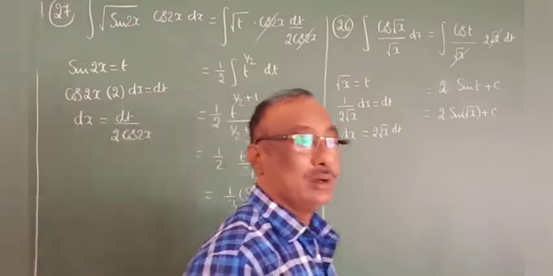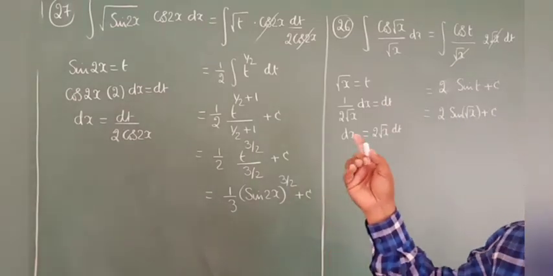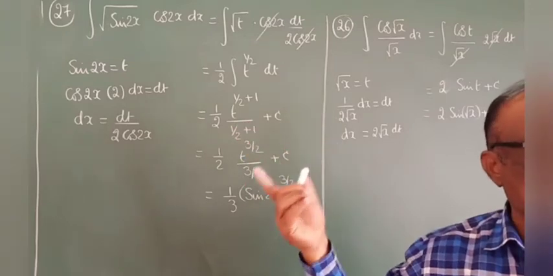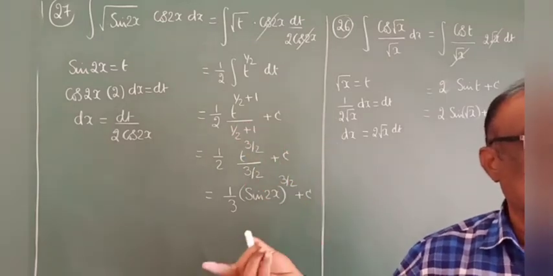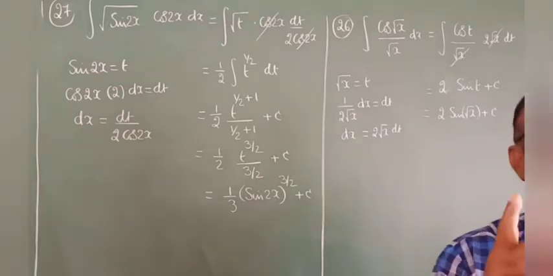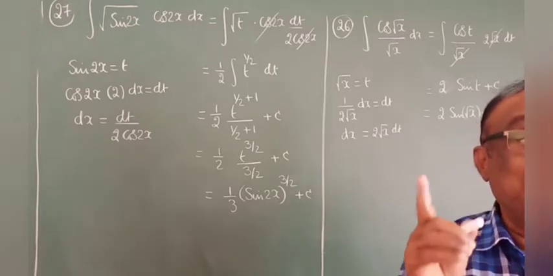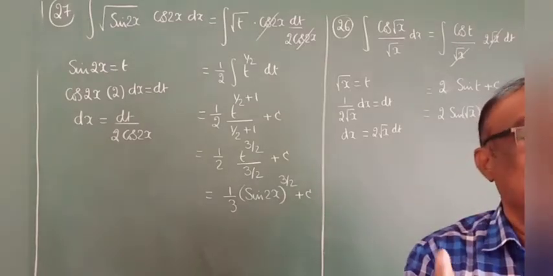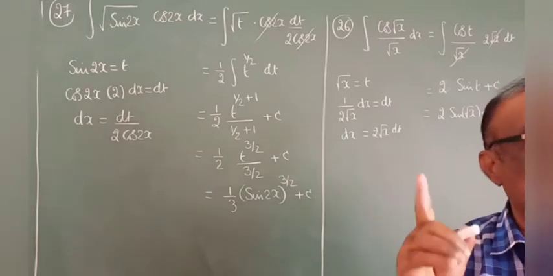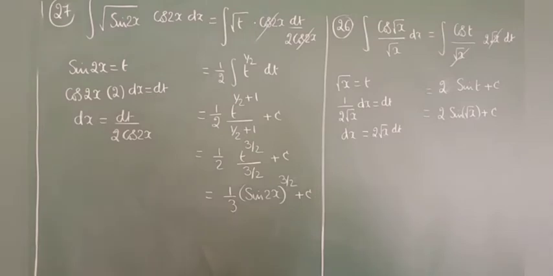Okay? So don't let it be cos. Cos is under the root, and if it is under the root it will never be cancelled. So sin 2x, always remember, the independent term should never be let to be t. Let the dependent term be t. So sin 2x is dependent upon the root. That's why sin 2x is let to be t. Is the point clear now, everyone?